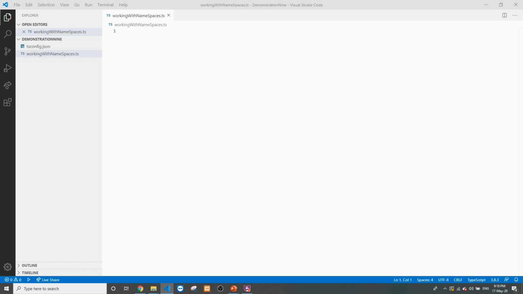So welcome everyone to this demonstration on namespaces. In this particular session, we are going to create multiple objects and classes, and we are going to span them across multiple files having the same namespace. So in order to get started with this implementation, what we'll talk about is a journal scenario that we have discussed so far.